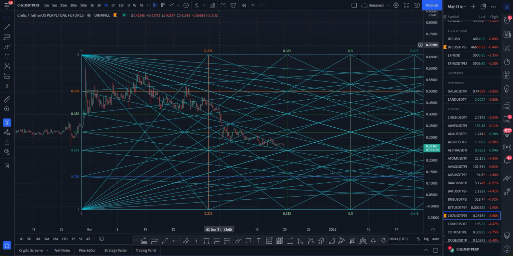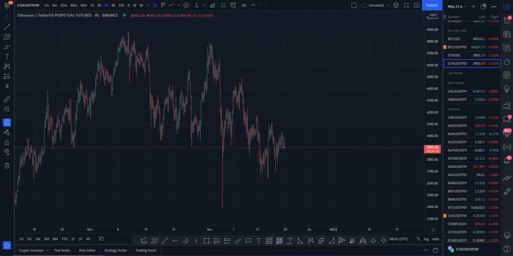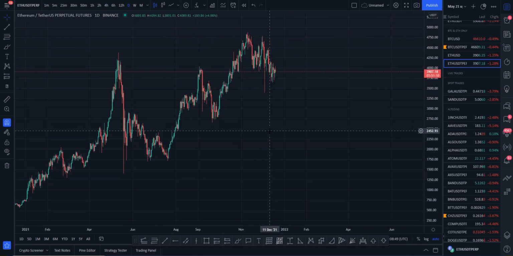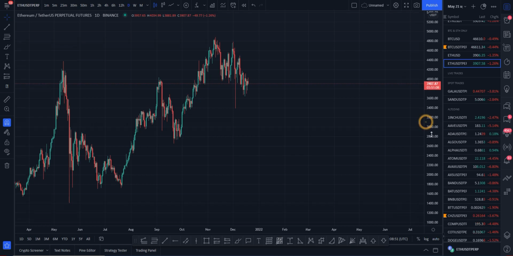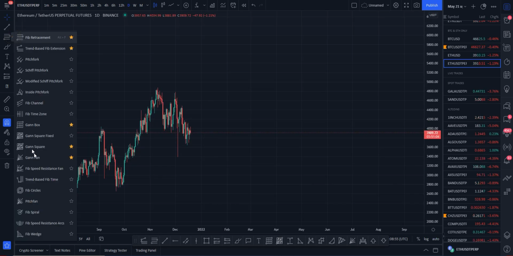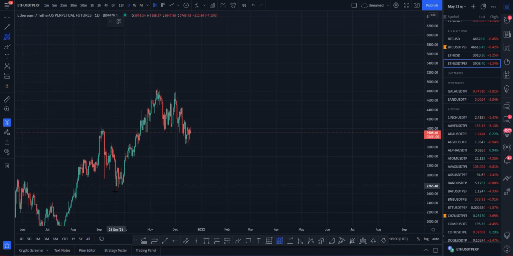And I'll tell you what, I'll do one more example on Ethereum. So Ethereum's a nice coin that I like. I think everybody likes Ethereum. And it also works quite nicely with the standard ratios. So I'll do one more, and I'm just going to do it real quick, just to show you how quick it is. So Gann square,